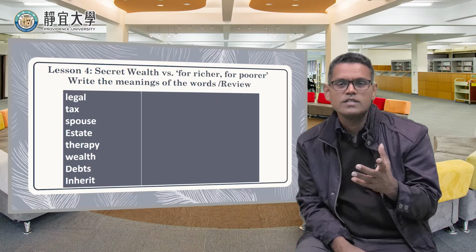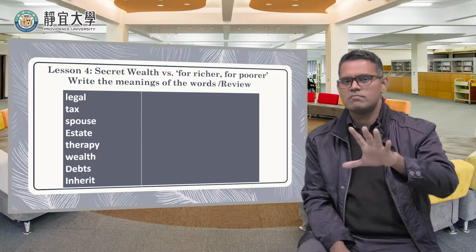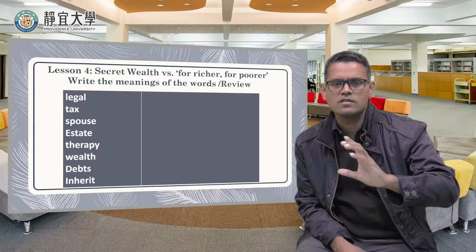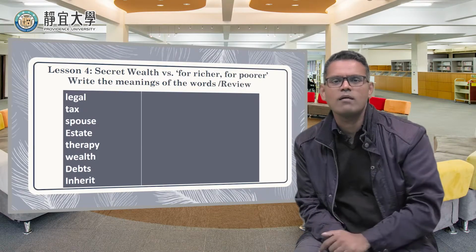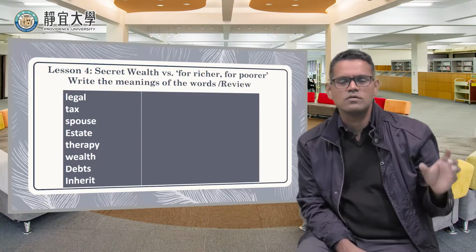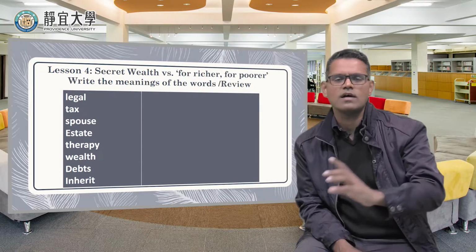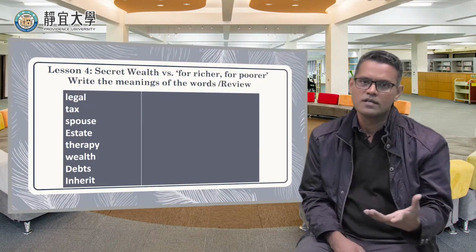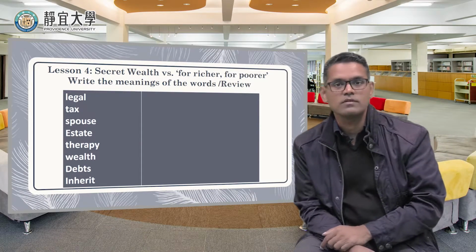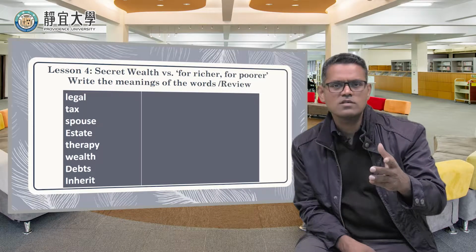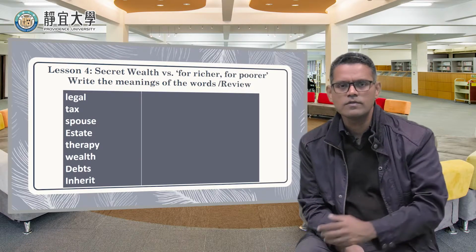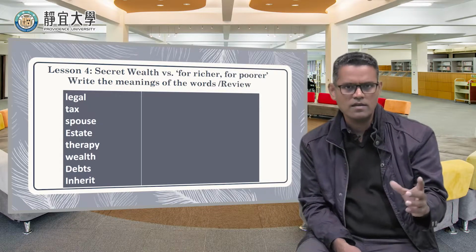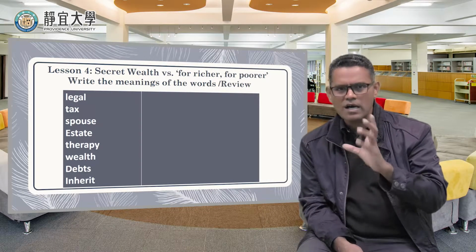Okay? We haven't done a lot of exercises like this. I have told you that this is the way you have to learn vocabulary. This is what you have to do: words, meanings, and then you have to write a sentence. But then I want to check how you do it. So this is just an example. Not too many words, as you can see. The first one is legal. So you write the meaning of the word and also an example sentence, and try to talk about it.